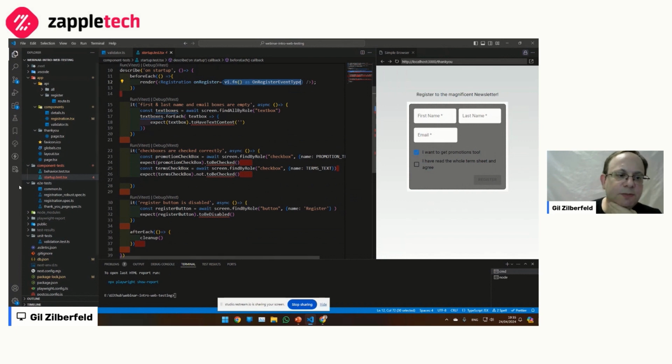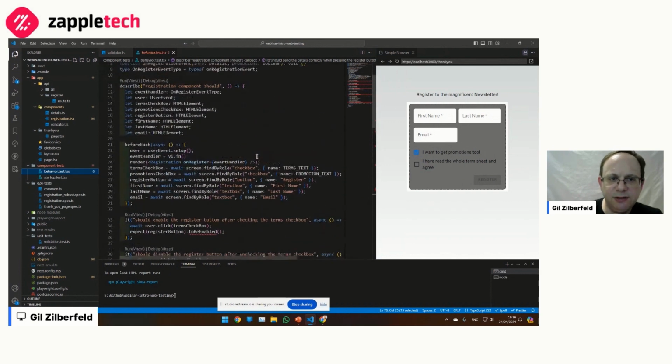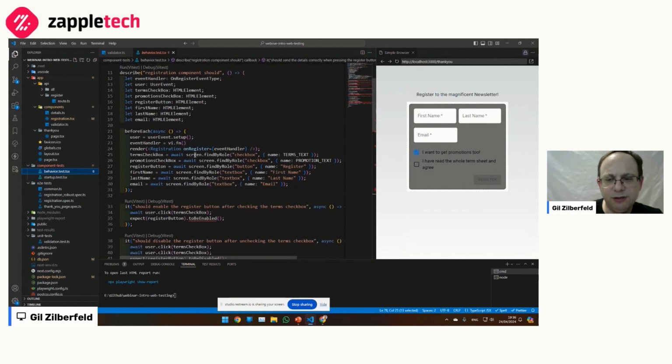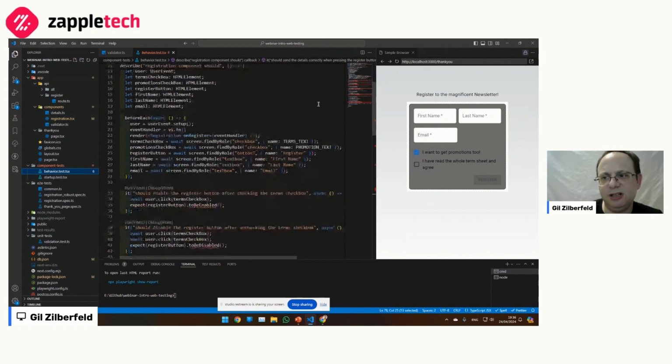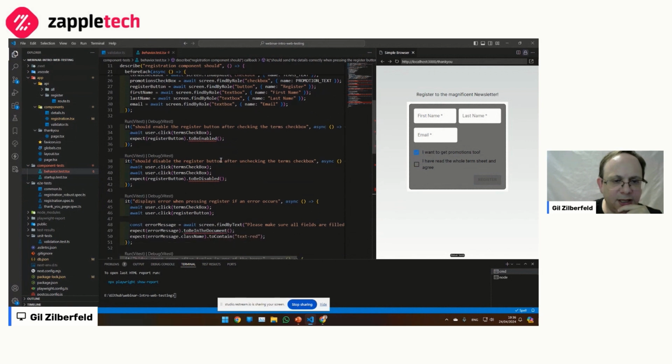OK, so these are the startup things. Now the behavior things. Let's look at those. This is a bit more complex because we're trying to get all kinds of behaviors here. It should enable the register button after checking the terms checkbox. This one. And it should disable the register button after unchecking it, which you just saw.